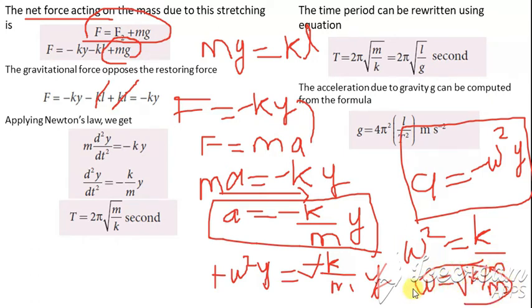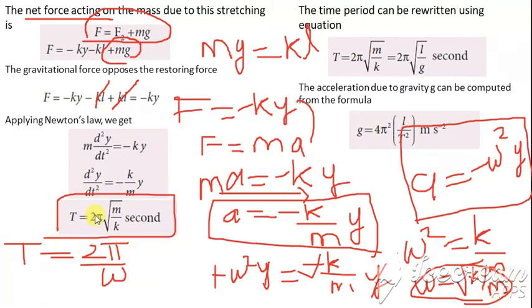So this value of omega we are going to substitute in the formula for time period. What is the formula for time period? We know T is equal to 2 pi divided by omega, is it not? So dividing by omega, we can write this as the reverse, so we get T is equal to 2 pi into root of m divided by k. So these are the steps. If we just write two steps, that won't be enough, because we will not be able to understand. Only if you write with the steps will you be able to understand this clearly.